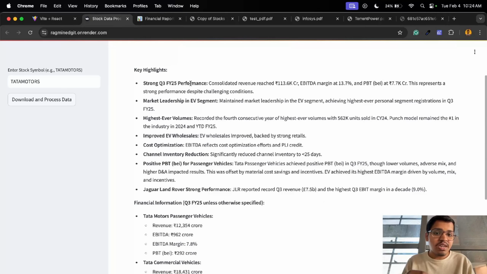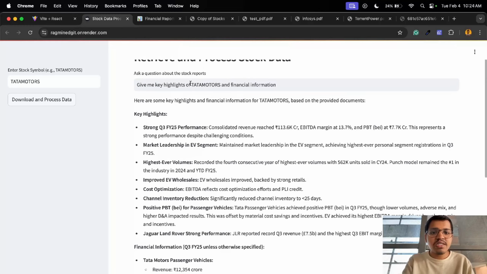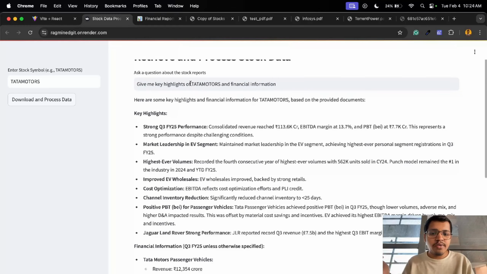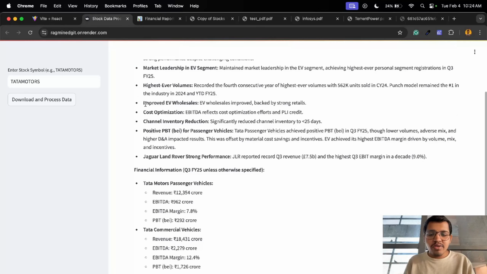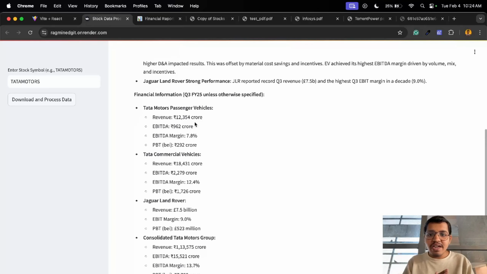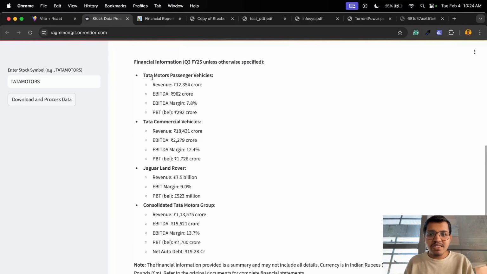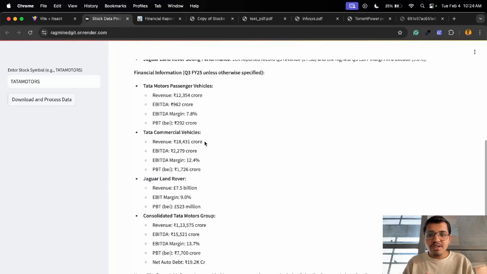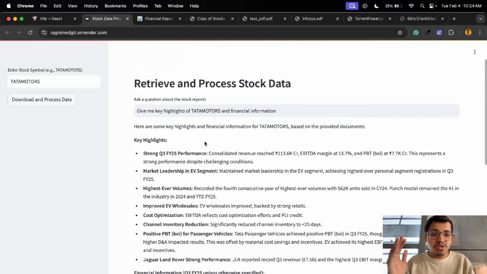It is using the latest quarterly result information to answer this query, and not the older quarter results, right? You can see improved EV wholesales, backed by strong retail. So you can see the entire information: Tata Motors passenger vehicle revenue, Tata commercial vehicles revenue, profit before tax, and all the information,